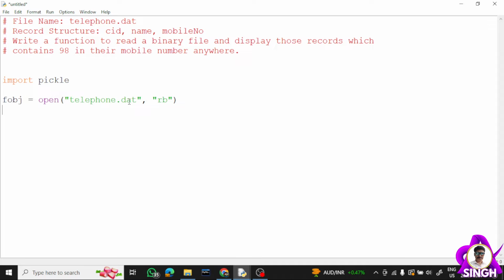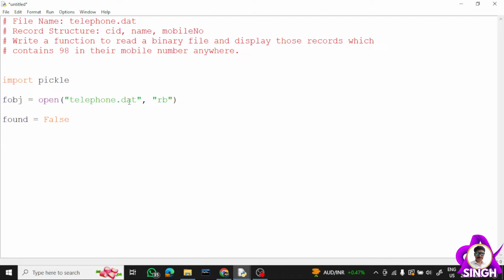Now we have to read the record. It's not given whether the record is stored as a dictionary or a structure, so you can assume it is a list or a dictionary, it doesn't matter here. I'm creating one variable, found equal to False.